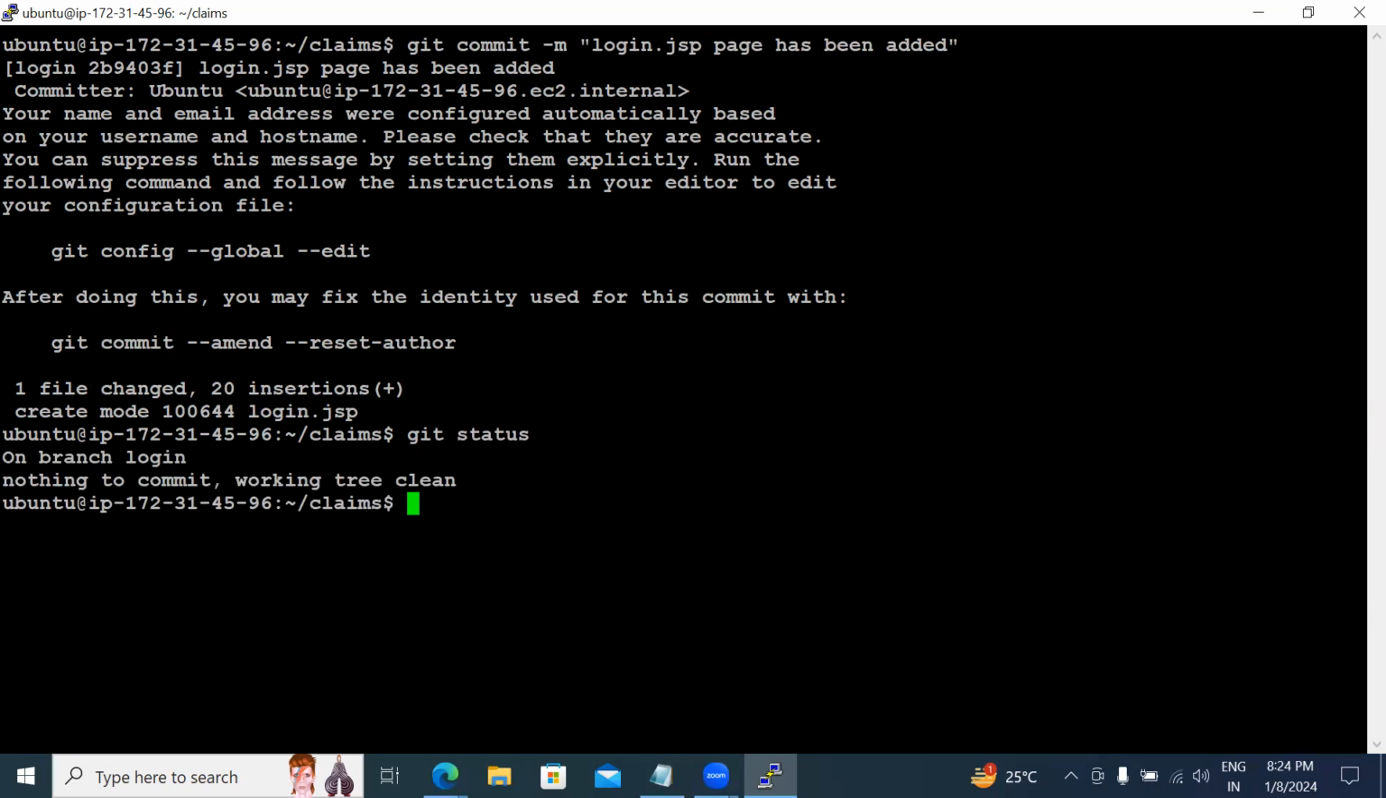So now when we are in branch login, there is nothing to commit and the working tree is clean. But have these changes come to develop or our other branches? Did those come or not? Whatever changes we have done are only with the login branch. They are not with the main branches like